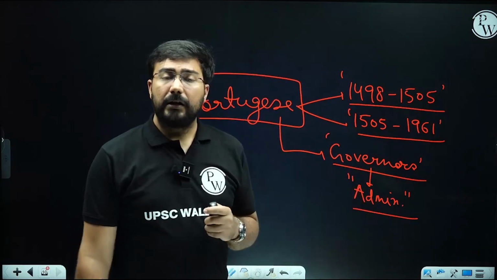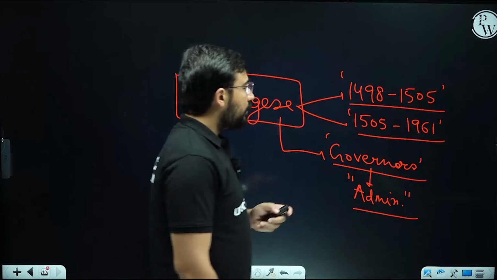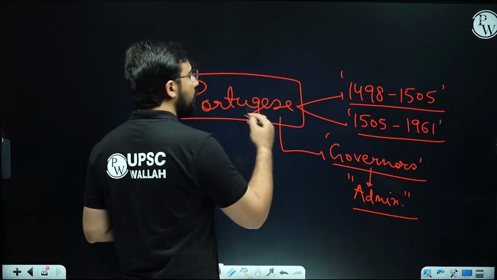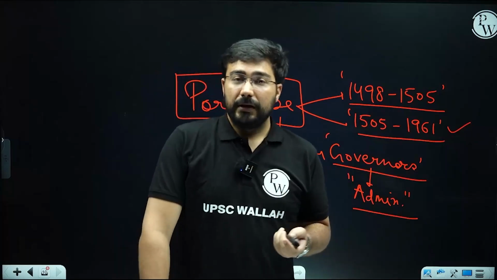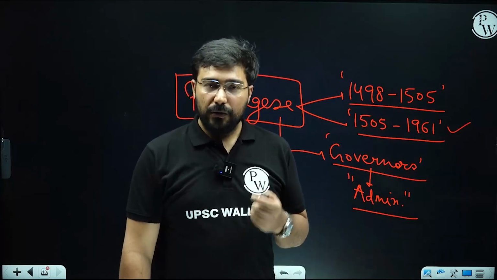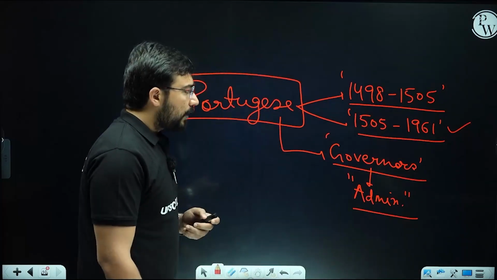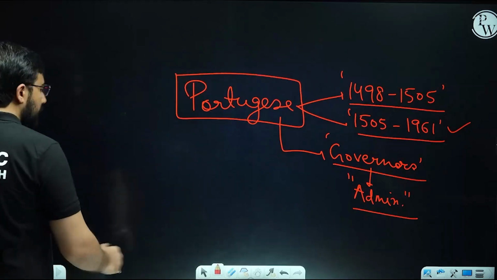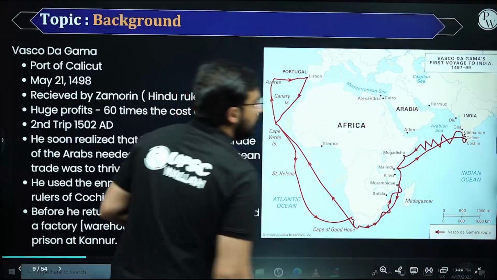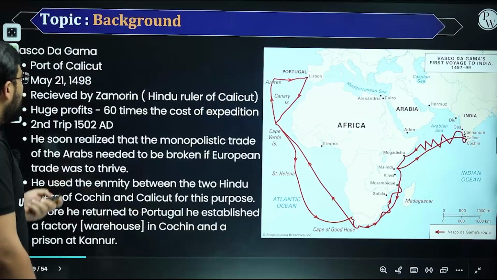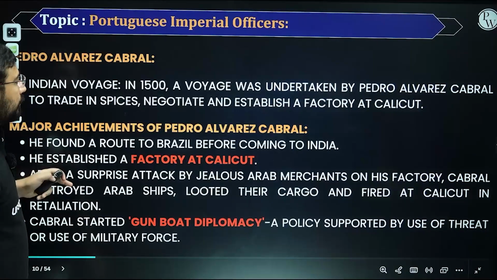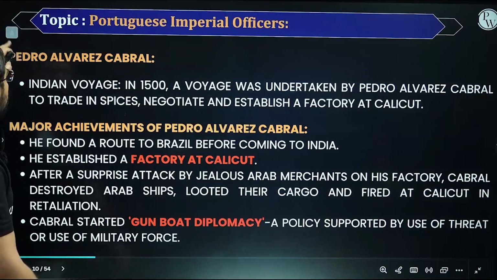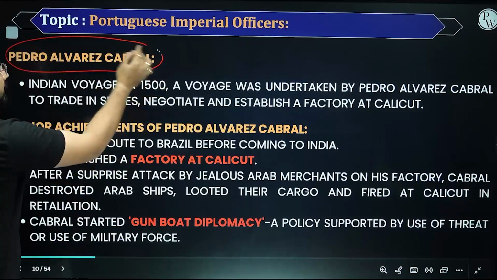1505 onward, they started appointing their governors. One more fact you can remember is that the Portuguese were the first ones to come and the last ones to go. In fact, we had to use police in order to get the areas like Goa, Daman and Diu. So please remember that. I hope the basic idea is clear, right? The Portuguese were the first to come, and then with the passage of time, eventually we see the beginning of other forms of contribution. The second person to come was Pedro Alvarez Cabral.